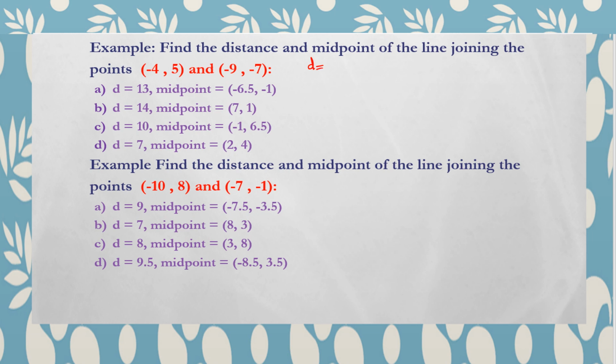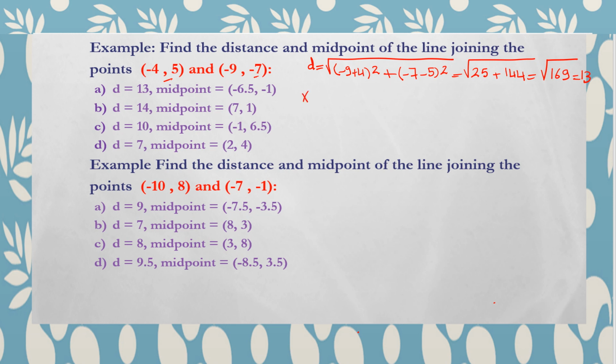Again, D, which is the abbreviation for distance, equals the square root of (x2 minus x1), which is -9 minus -4, equals... squared, plus (y2, which is -7, minus 5, which is y1) squared, and this equals -9 plus 4 equals -5 squared, 25, plus -7 minus 5 equals -12 squared, 144, and this equals 169. So the square root equals 13,